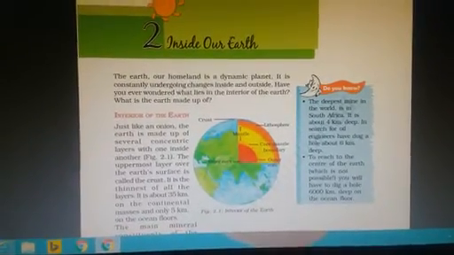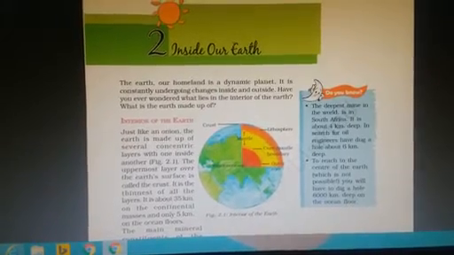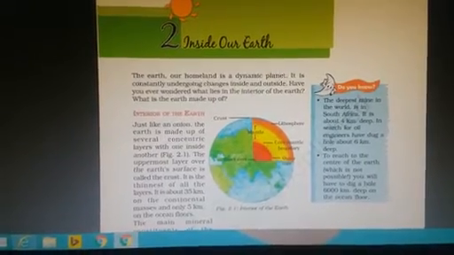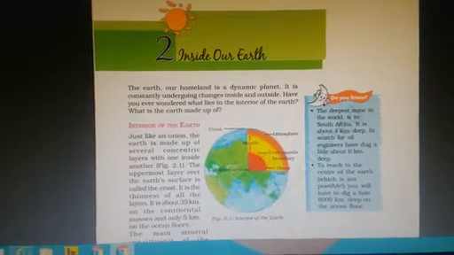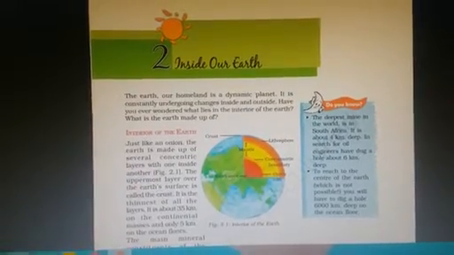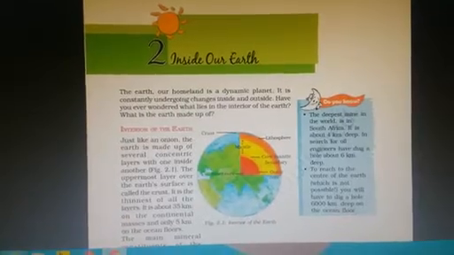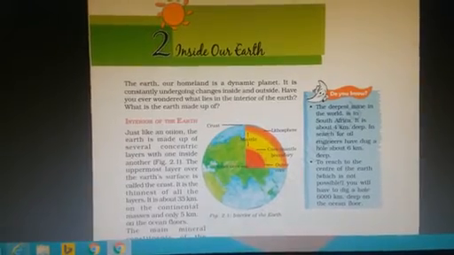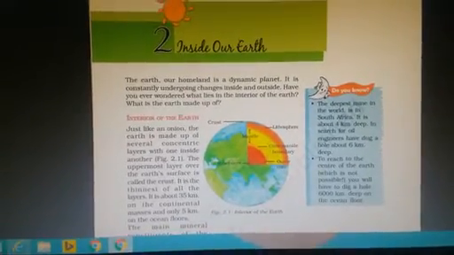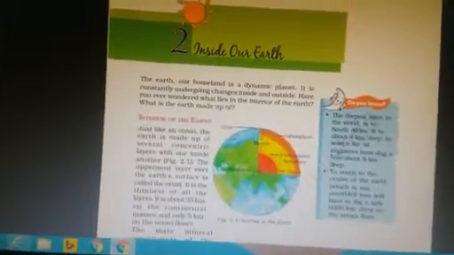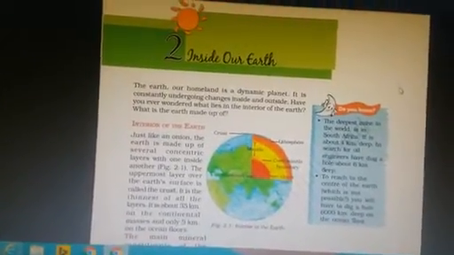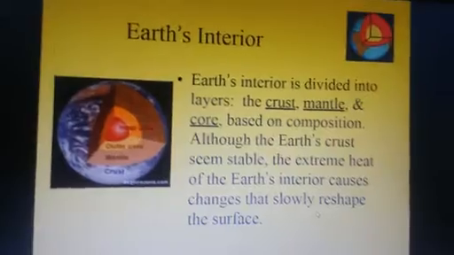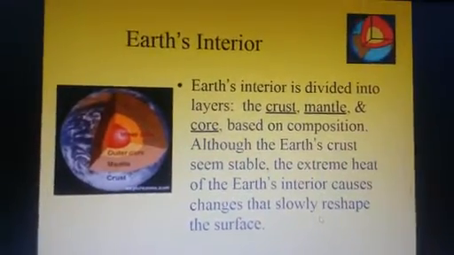You will also make an index of the chapter. First index: interior of the earth. Interior means the inner part of the earth. We will study the layers inside the earth under this. Interior of the earth means the interior layers of the earth. This is important for all the rocks and our minerals. First, earth's interior. This is your first index.